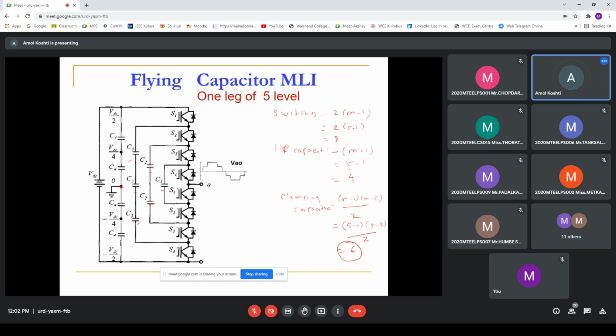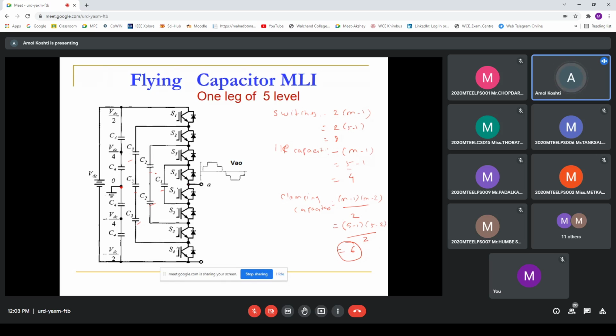Why? Because we know the nature of the capacitor. It is like a bomb. Once it is short circuited, there will be a blast in the circuitry. This capacitor is of very small rating. Very small rating capacitors are used in the inverters. Why? Because these are DC capacitors, unidirectional or single direction polarized.